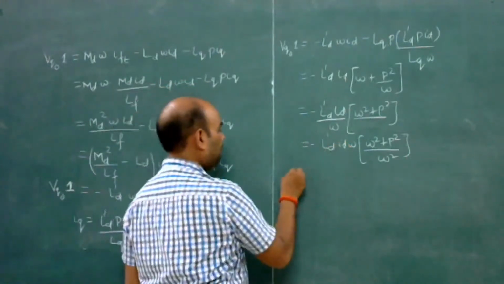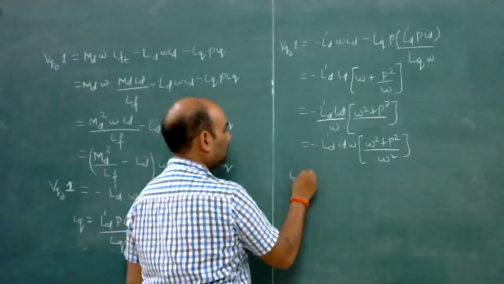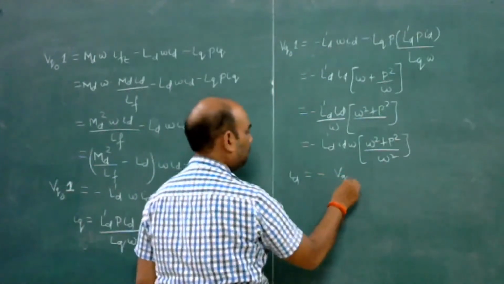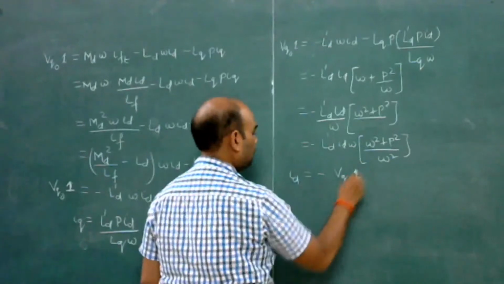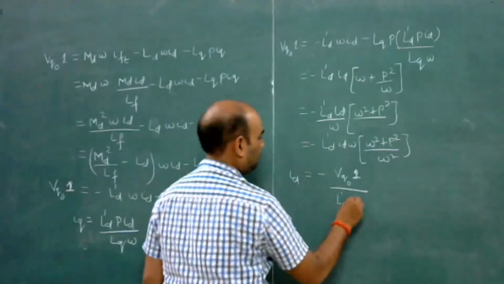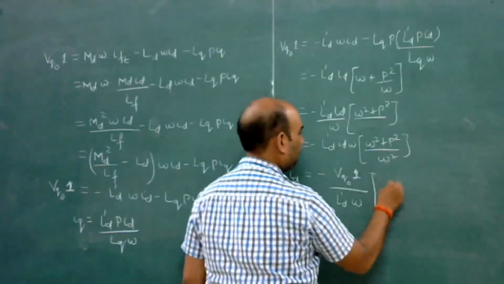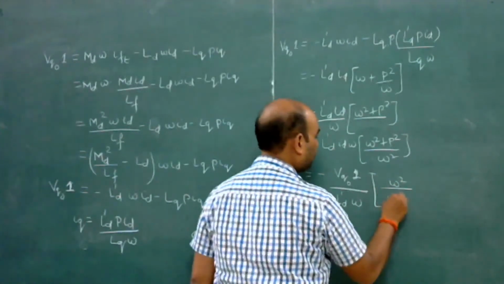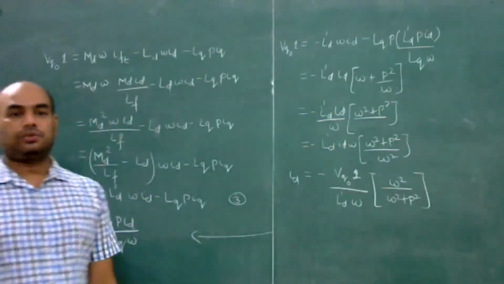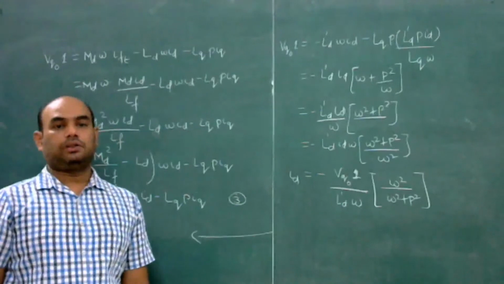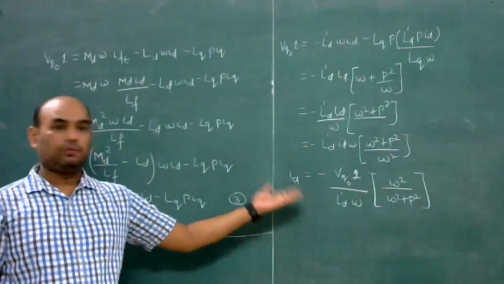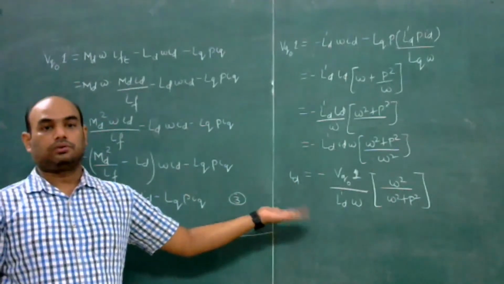So from here ID will be equal to minus VQ naught 1 divided by LD dash into omega, which becomes omega square upon omega square plus T square. Okay, like this. So this above equation is in complex domain, and we can convert it